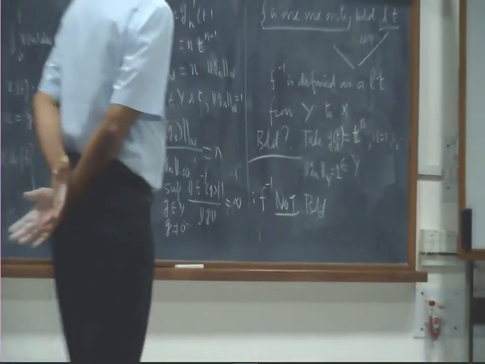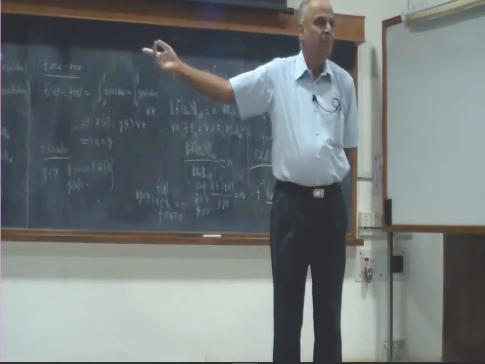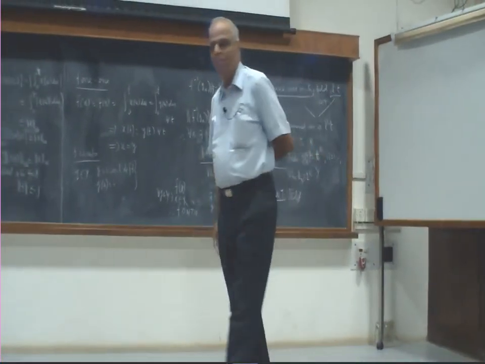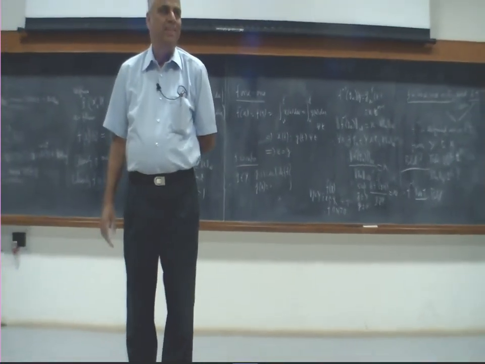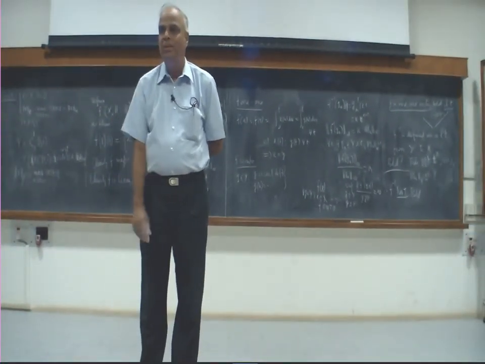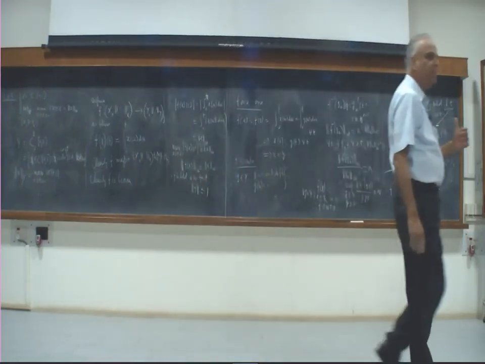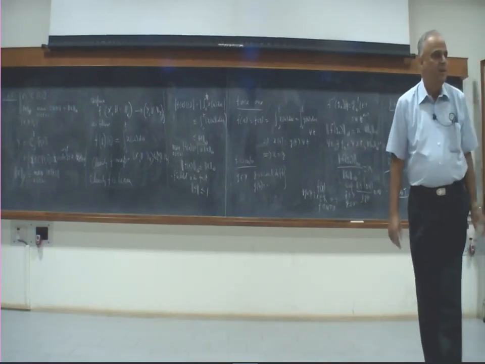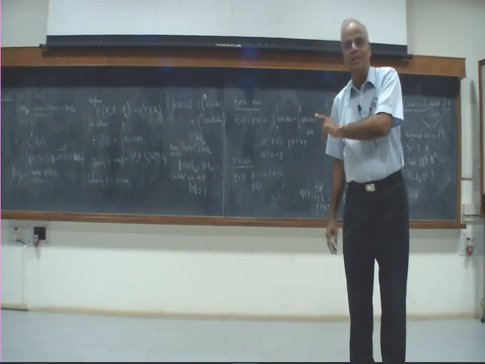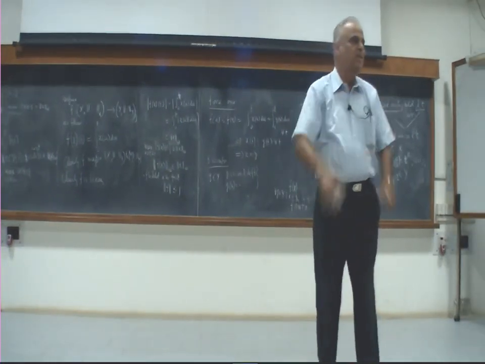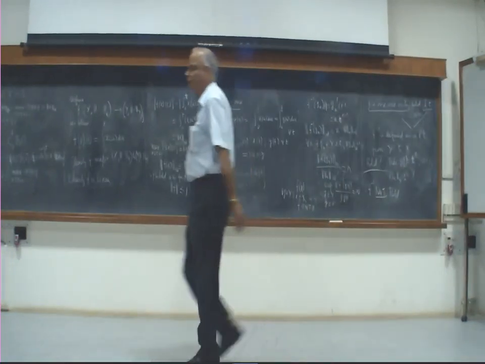The question therefore is, what was the difference between those two examples? Why did it happen in the first example? Why did it not happen in the second example? Or in other words, when does this happen? And that is what is known as the open mapping theorem. The very famous open mapping theorem asks: when is boundedness forced on the inverse also? If we have a 1-1 onto bounded linear transformation, when is the boundedness forced on the inverse also? That's the open mapping theorem. I think I will do that in the next class.